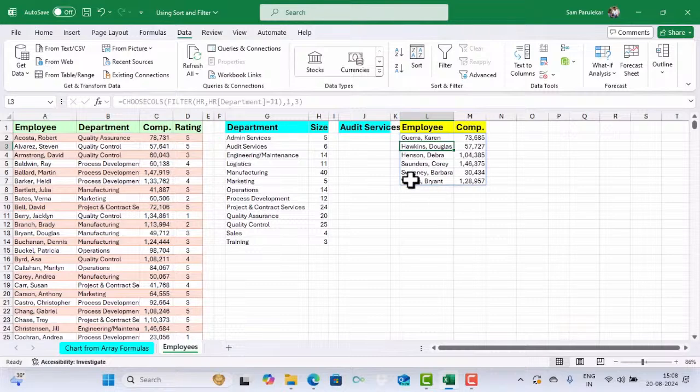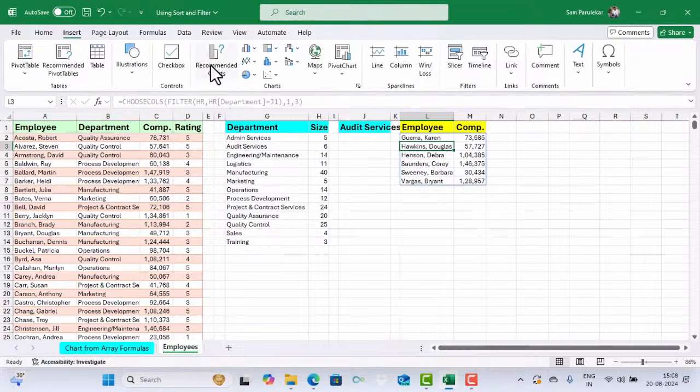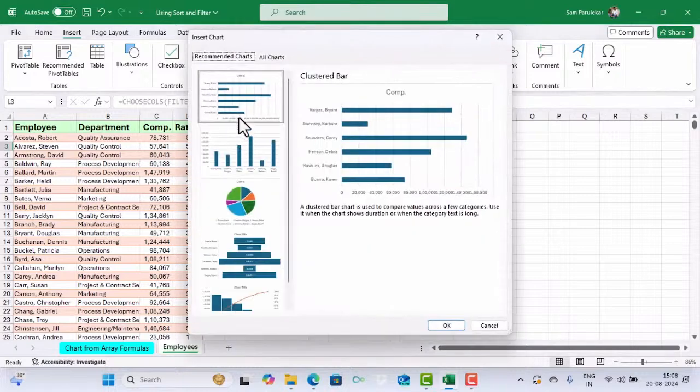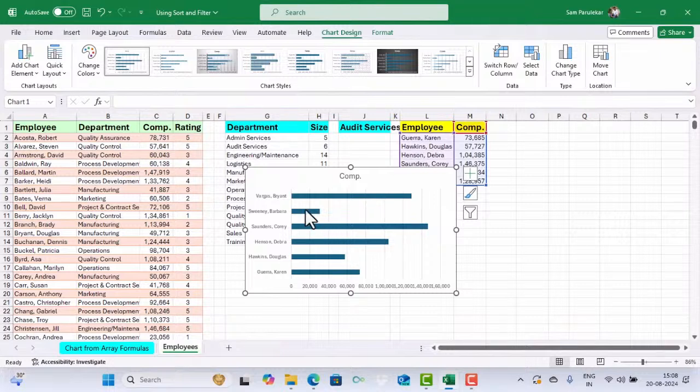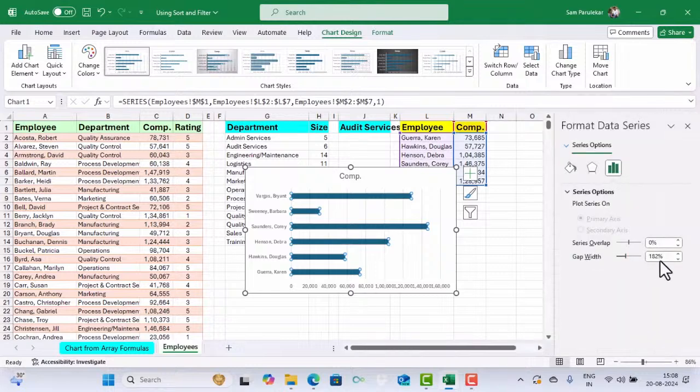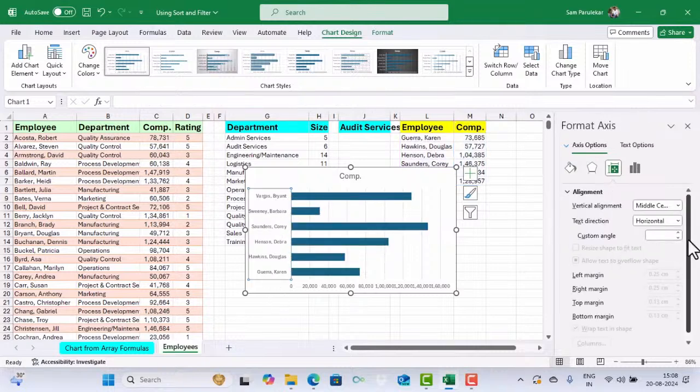Now I want to create a graph for this. So I'll select insert, recommended charts, and I'll select clustered bar and say OK. Now I want to reduce these gaps between the bars. So I'll double click on any of the bars, reduce the gap width to 100 and hit enter. And if I want this in the ascending order, just click over here and